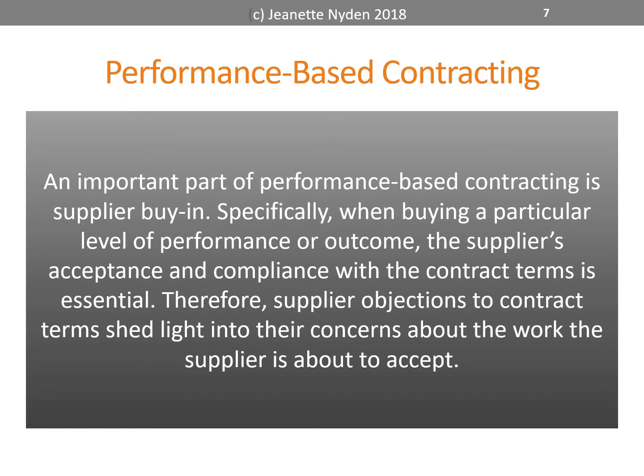Performance-based contracting. So an important part of performance-based contracting is supplier buy-in. Specifically, when buying a particular level of performance or an outcome, the supplier's acceptance and compliance with the contract terms is essential. Therefore, supplier objections to contract terms shed light into their concerns about the work the supplier is about to accept. So any policy about we don't like red lines, we don't negotiate red lines, we take a hard line on red lines, is actually opening your